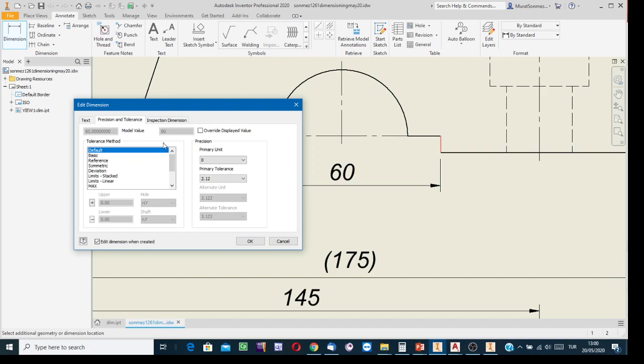Okay, and then if in your company still the senior engineers, old guys, are keen on using the old format of ISO, then select from this list the deviation option. Yes, and then Inventor understood and shows the deviations. Well, upper deviation box, lower deviation box. Upper deviation, say that